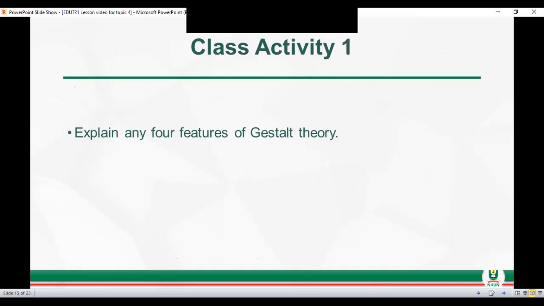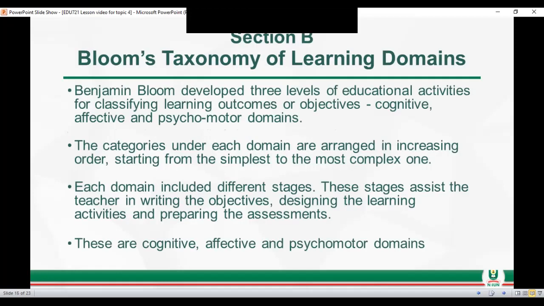Okay, so that marks the end of the first aspect of this lesson on Gestalt theory. In this section, you've learned the Gestalt theory of learning and how insight can take place. Teachers should endeavor to make constant use of the principles of this theory in their teaching and learning activities. So with that, we go over to the second aspect of this lesson, that is Bloom's